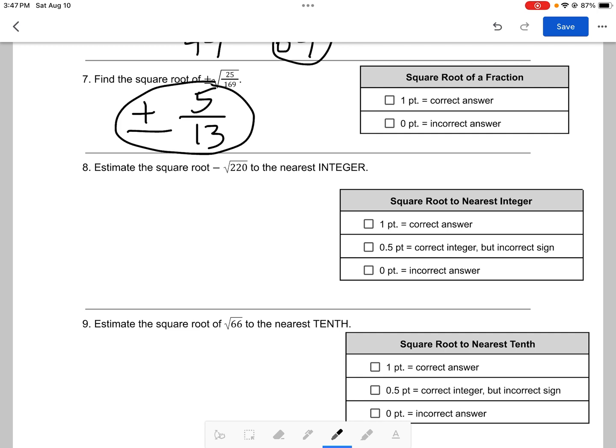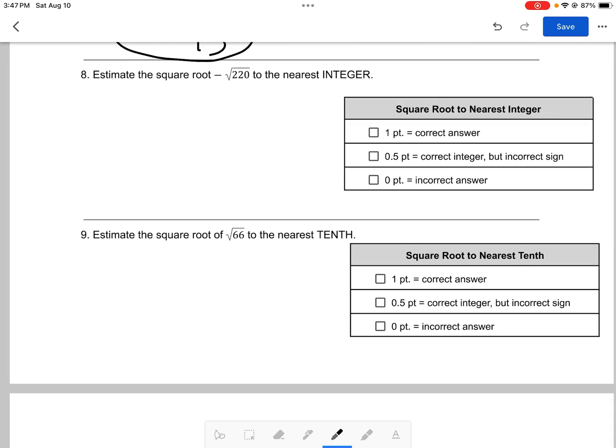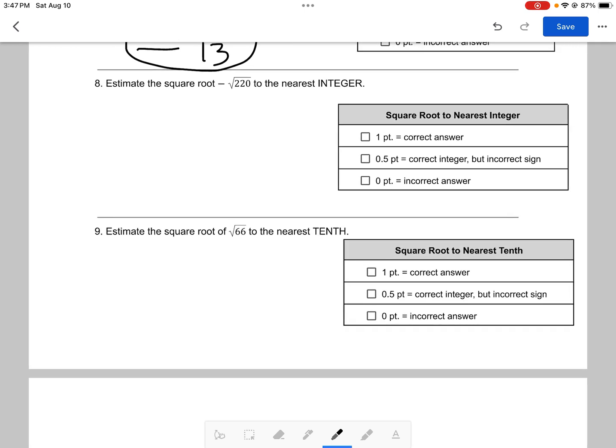Looking at number 8, it says estimate the square root of negative square root 200 to the nearest integer. So that means we're rounding to the nearest whole number, or in this case, integer. So we're not going to have any decimals. And it is negative. So I'm going to bring that negative here to start. I need to find the 2 perfect squares around 220. So as I remember correctly, 15 squared gives me 225, which is just a tad higher than 220. And 14 squared